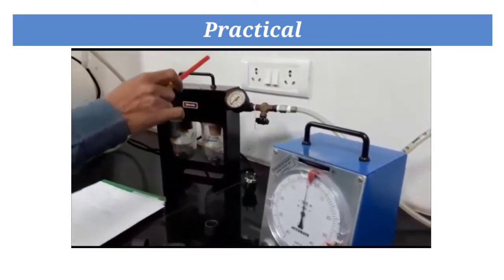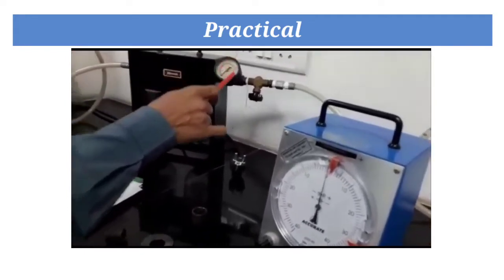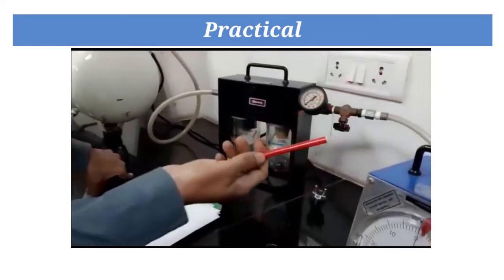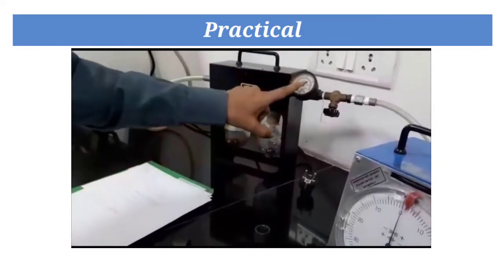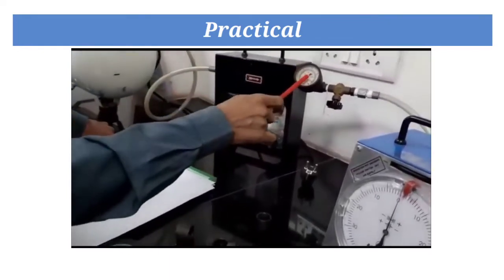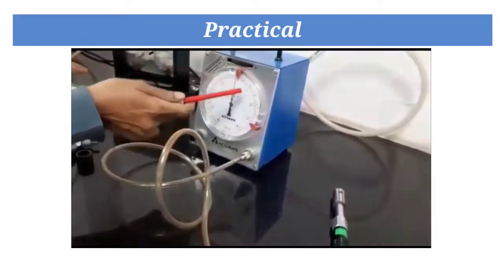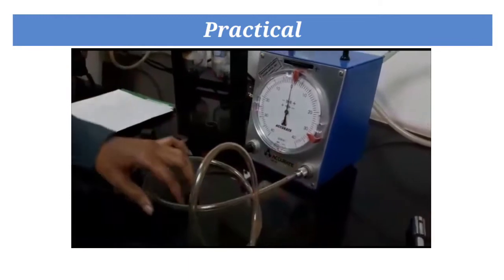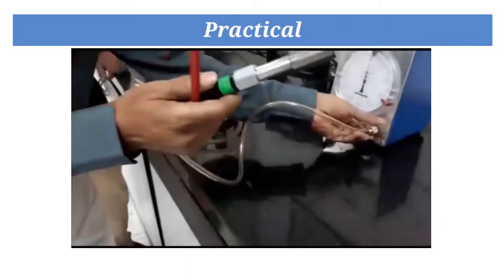Here the pressure may be 10 kg per centimeter square, but your pressure for measuring the component may be 5 kg or 4 kg per centimeter square. So that much pressure we can adjust here. Then the air will again come inside this dial gauge, or it is called a Mercer unit. To this Mercer unit we have connected a plug gauge.